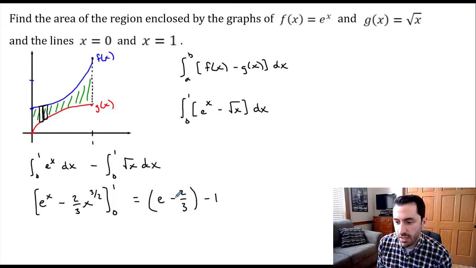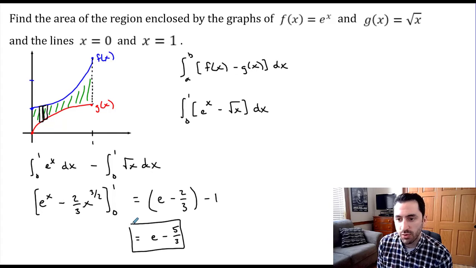So we have e minus 2/3 minus another 1. So that 1 is like 3/3. So in total, we end up with e minus 5/3. And that's our final answer here. So the area in between these two graphs, between f of x and g of x, the area is equal